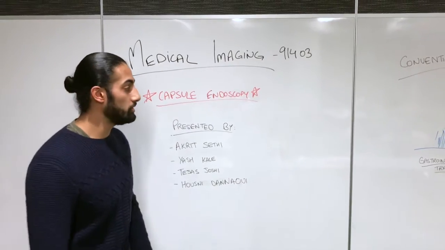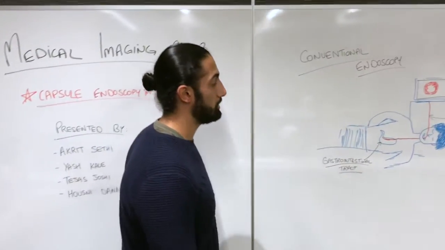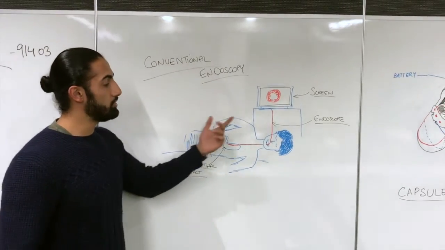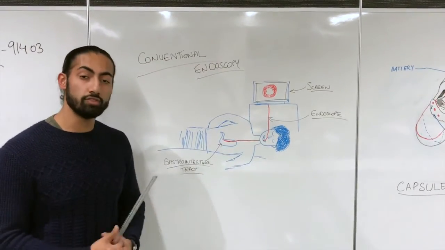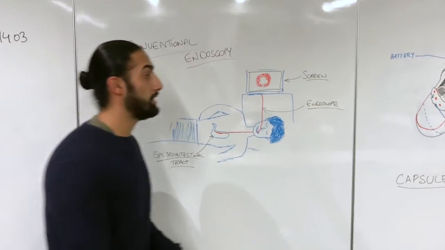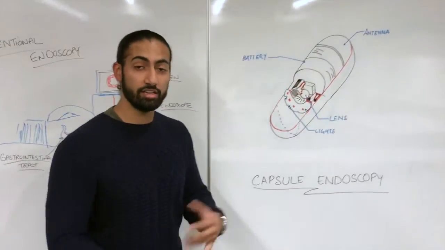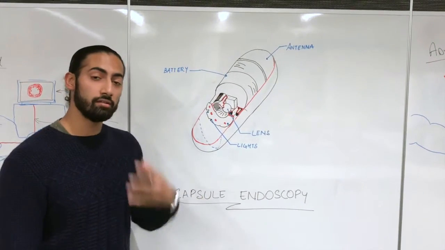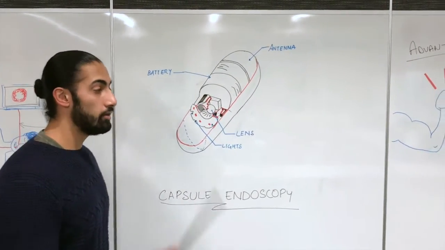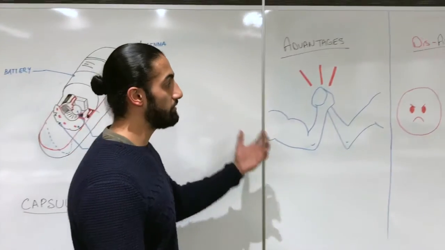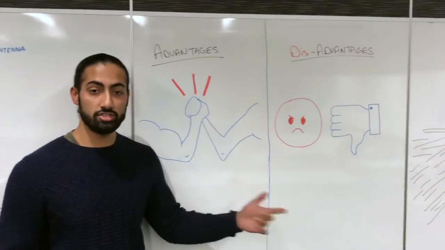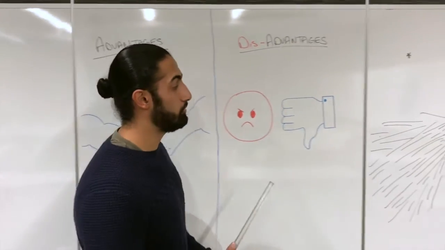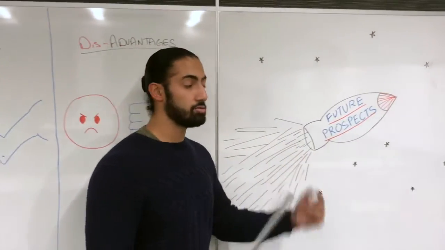Throughout this presentation you'll be learning a bit about conventional endoscopy. Conventional endoscopy, as an outline, uses an endoscope and a screen to view the insides of your body. We'll also be looking at capsule endoscopy, which is the latest technology, involving a pill-sized camera which you can simply swallow. It'll take photos of your insides. To compare both of these, we'll be looking at the advantages and disadvantages of both systems. And then to wrap everything up, we'll be looking at the future prospects of how capsule endoscopy can be